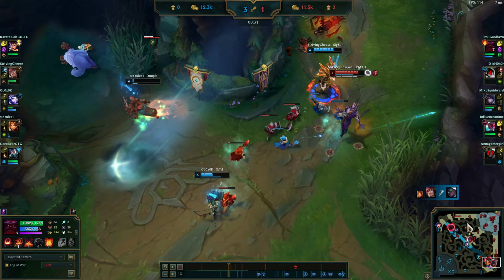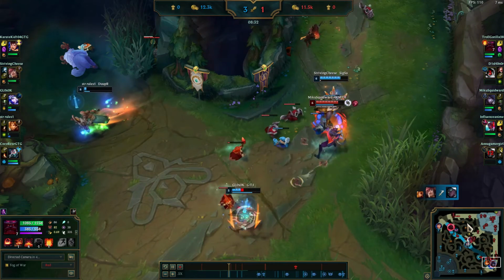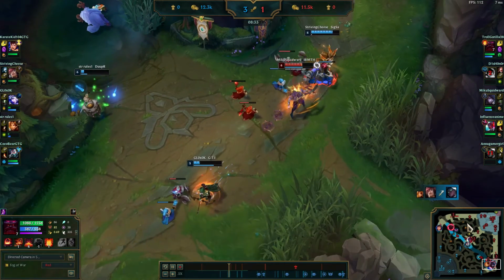Don't use a TP to help somebody or to help a busted situation. Only use TP to create numbers advantage or to answer a 5-man push onto an objective. Otherwise, you got to save your TP. It's very important. I do appreciate the attempt to help your team because this does look kind of winnable,